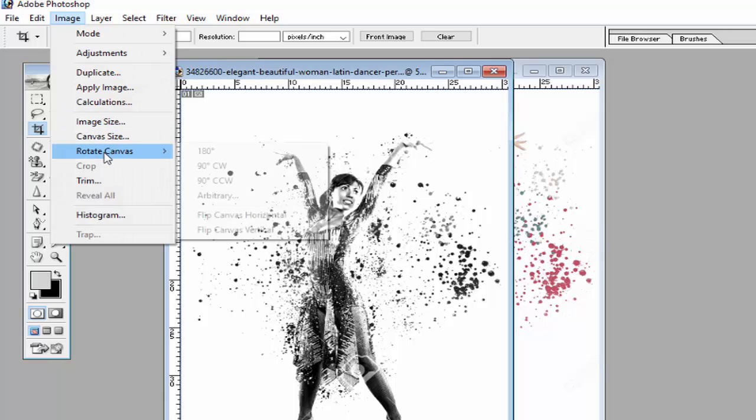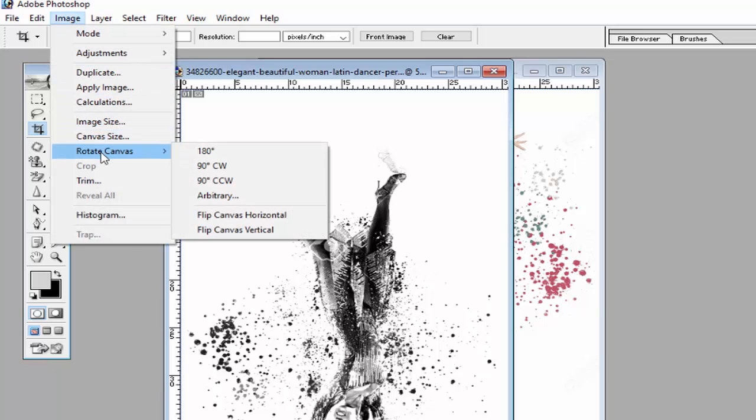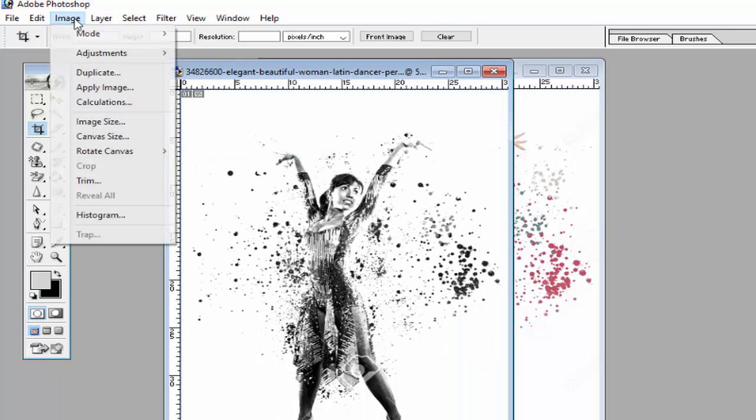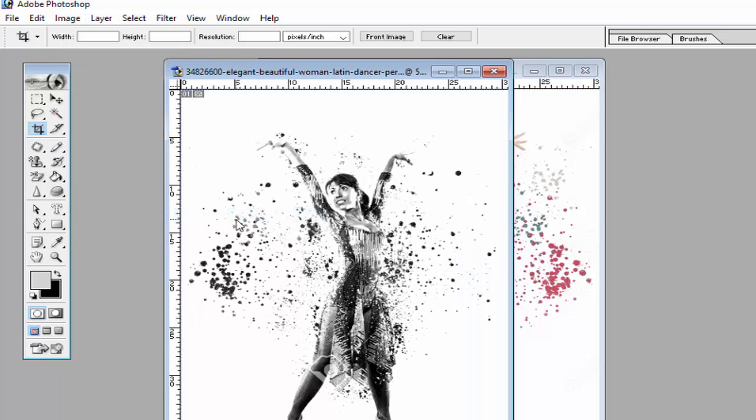And if you want to rotate your image, you can rotate it 180 degrees, or 90 degrees. Similarly you can use Flip Horizontal, which means the left part of the image will be visible on the right side and the right part will be visible on the left side.